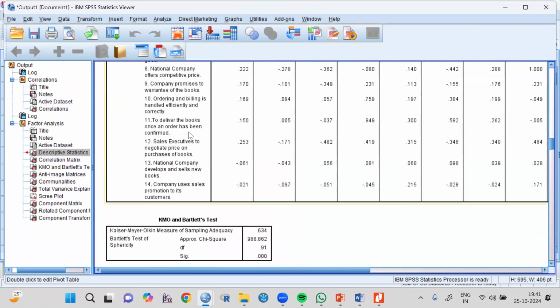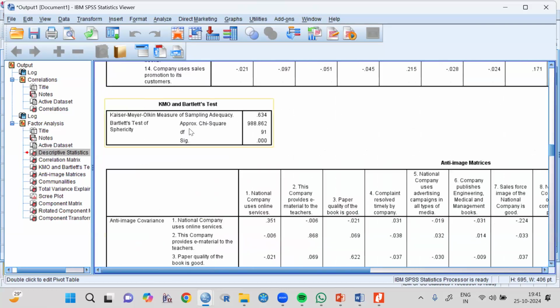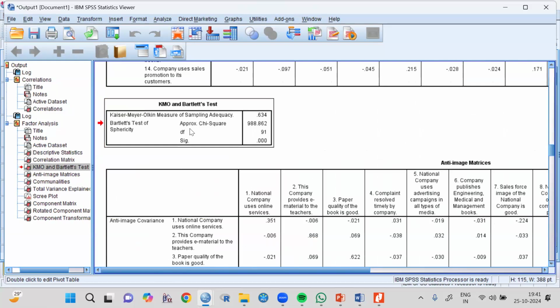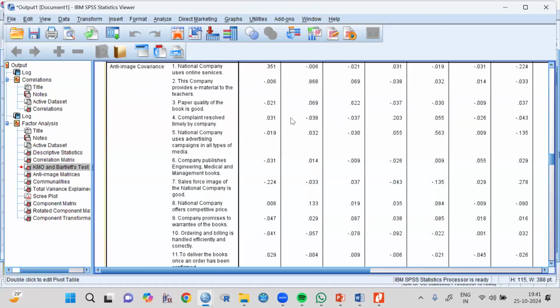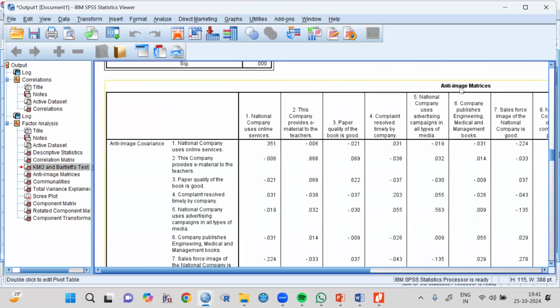Now the correlation, the Bartlett's test assumption. The assumption is that the Kaiser-Meyer-Olkin measure of sampling adequacy value, the KMO value, should be greater than 0.5. Our value is 0.634, no problem, the assumption is fine. Then we come to the next table, that is anti-image